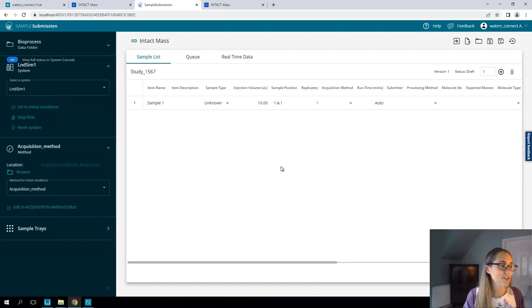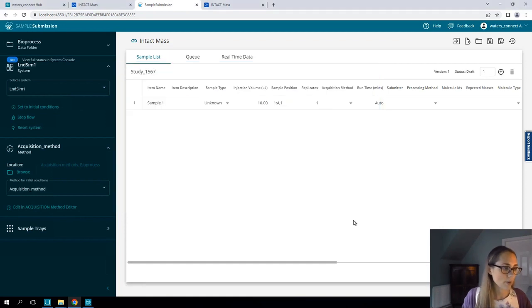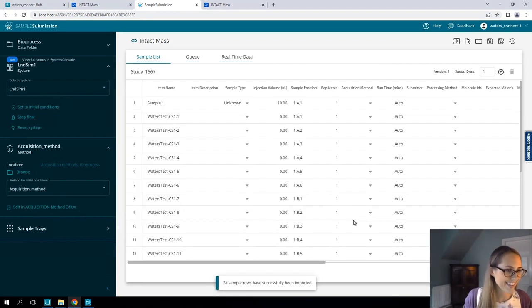Okay, now it's time to set up our sample list using the CSV that the AMBER system exported for us and that the BioRecord has been able to access. So to do that, we go to Import and Sartorius. And then we can access that shared location and open those CSV files.